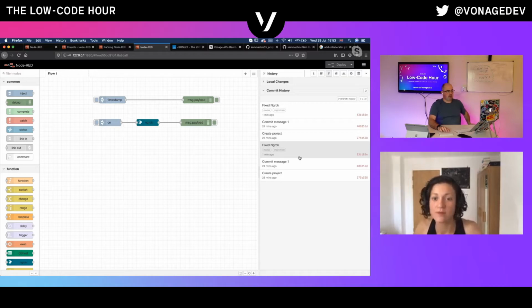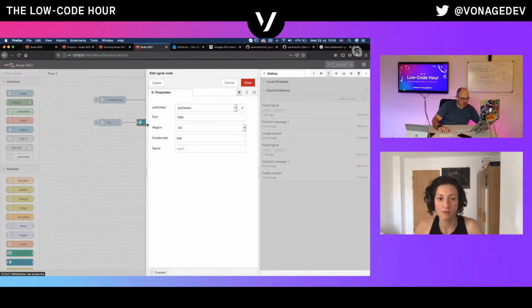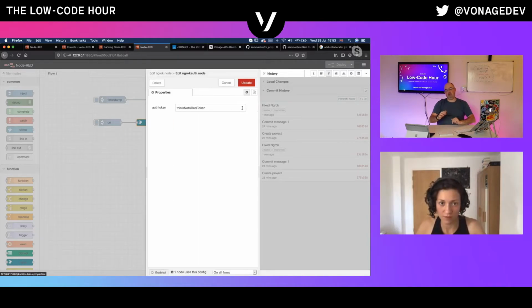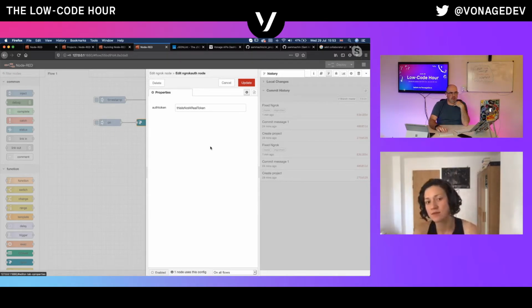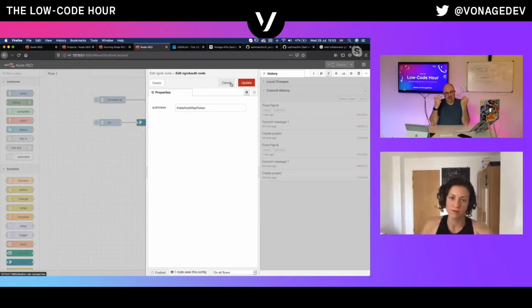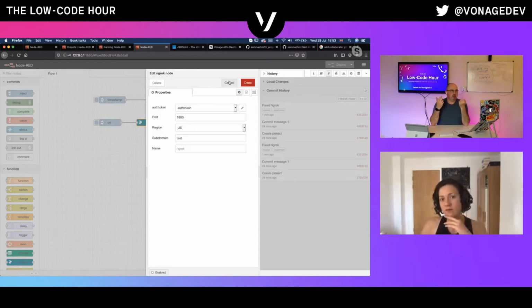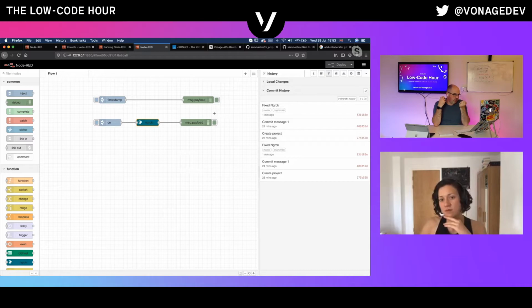Now, if you look in your ngrok node, and look at the edit the auth token. That's it. Yeah, this is not a real token, so that's the credentials I put in. We're sharing our credentials because we're both using that credentials encryption key of password, which isn't in GitHub. But if we go back and look at the GitHub repo,